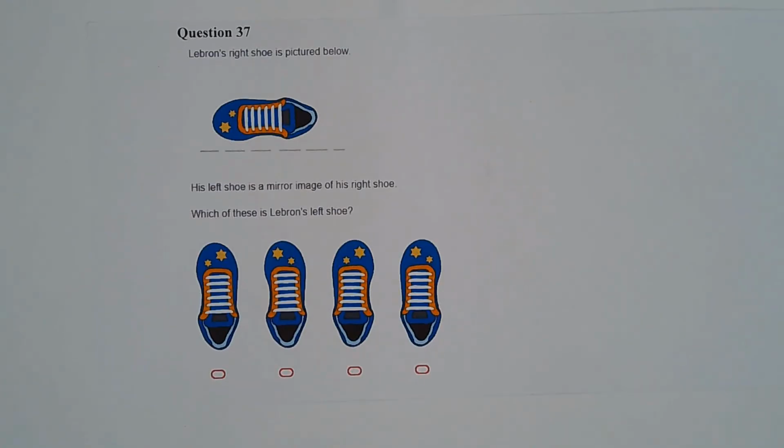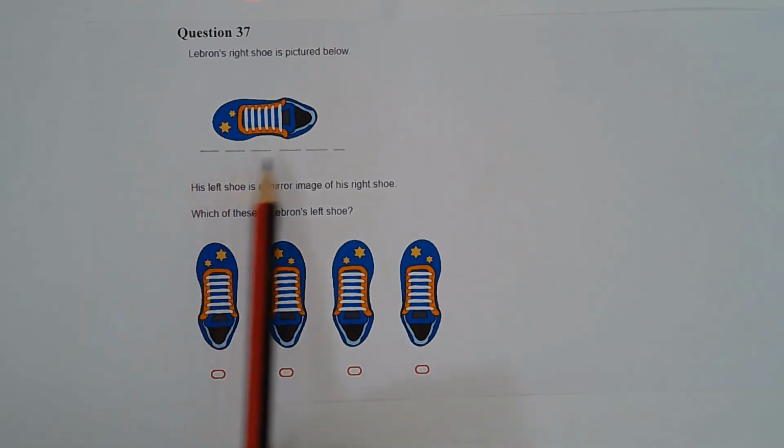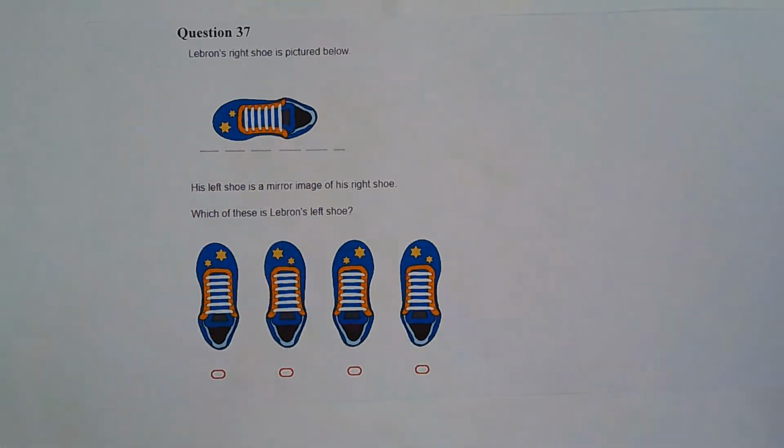The left shoe is a reflection of the right shoe across the dotted line. I'm going to turn the image 90 degrees clockwise